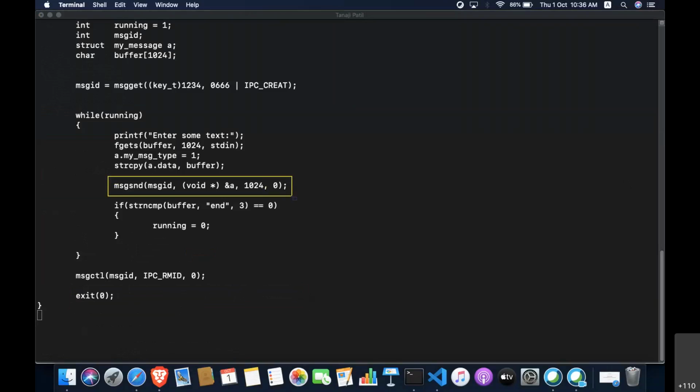Remember, before sending a message, you must first create the message. That part is important. We create the message. So create the message to pass. Now in my structure, there are just two members: one is message type and one is actual data. So what I'm doing here is I create one buffer, a normal buffer of character data, and I use